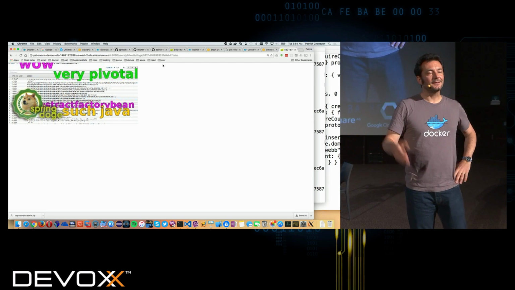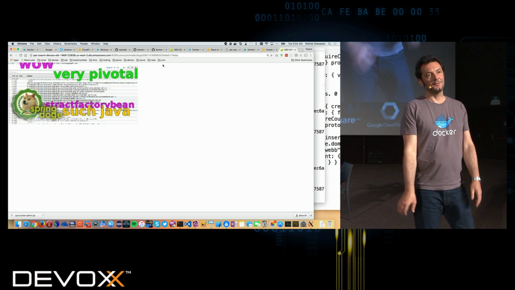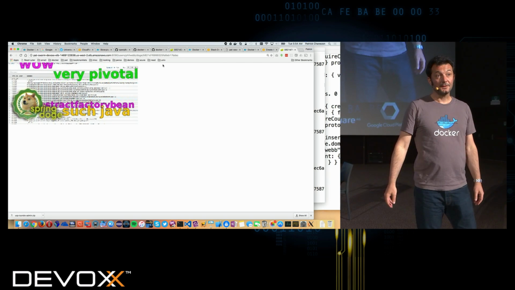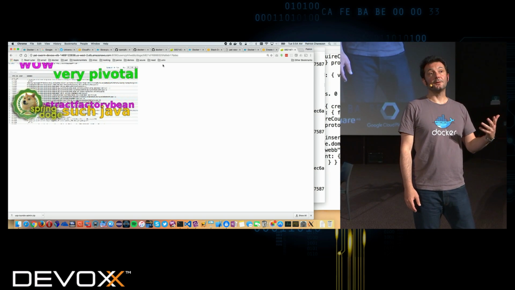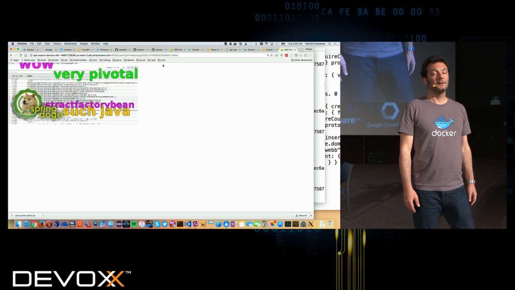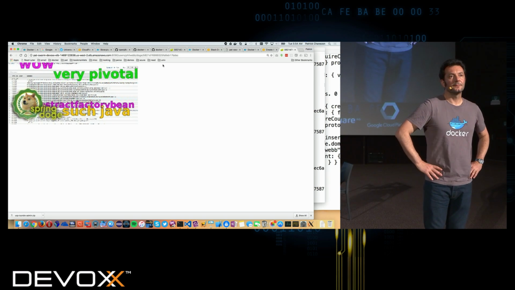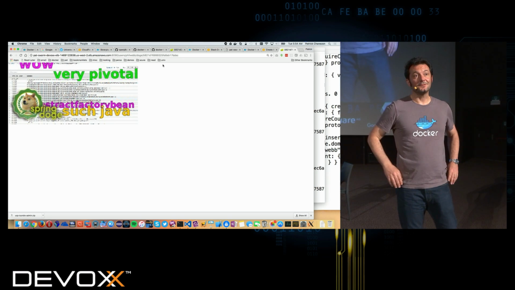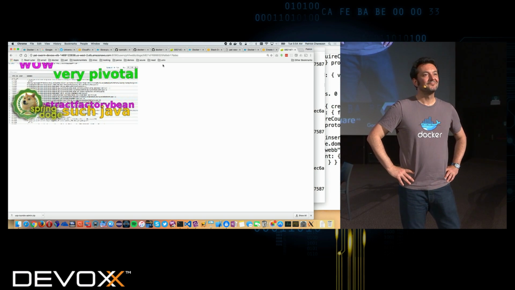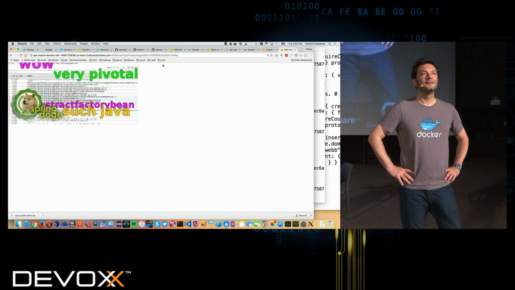Yeah, in addition to that, I'll talk about that in the next session, but in Docker Trusted Registry there's a whole lot of options. For example, you can have your images scanned automatically for vulnerabilities and things like that. And there's role-based access control, and the whole product is designed for that use case. Any other questions?